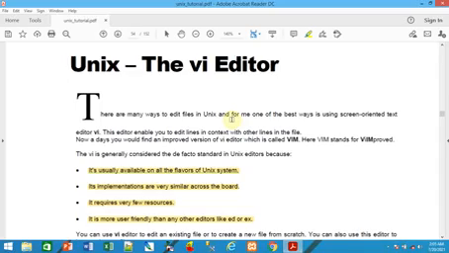Students, let us look at the VI editor under Unix. All operating systems will have text editors, of course. Similarly, Unix also has a very user-friendly text editor, the so-called VI editor. There are many ways to edit files in Unix. Almost all text files that you are going to create, or have already created, can be changed or modified.